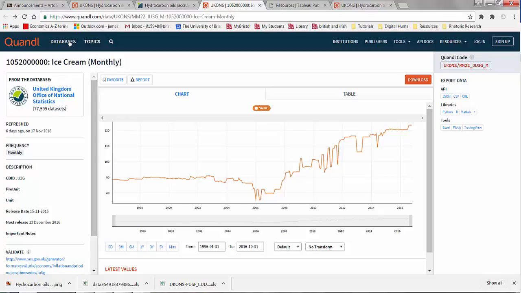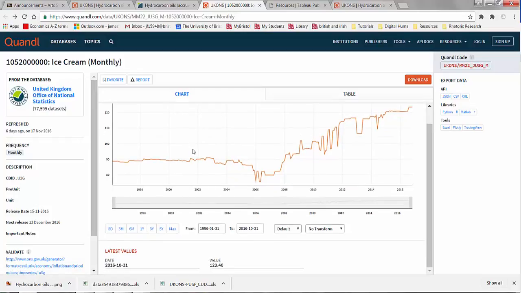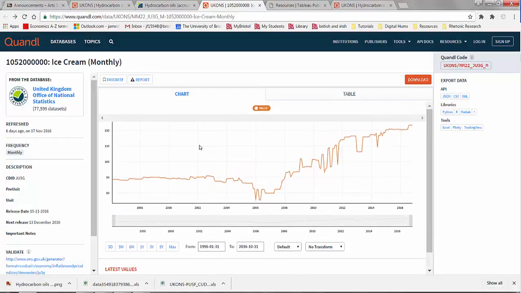for free. So for example, if you go to databases and then search by provider, you can find the United Kingdom Office of National Statistics releases here, and here you can see, for example, this one is a time series of ice cream. I don't know whether it's sales or price of ice cream. It's obviously on an index at 100. So you can get the stuff and you can download it. You have to sometimes log in through your Google account or university account or create an account with Quandl, but it